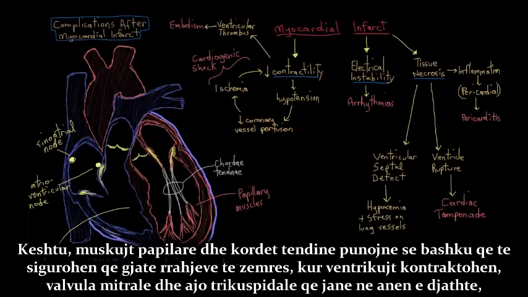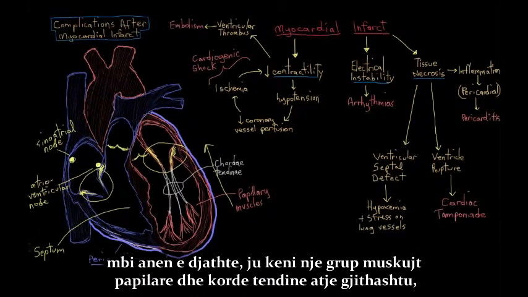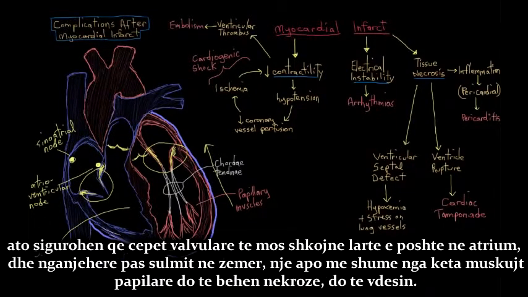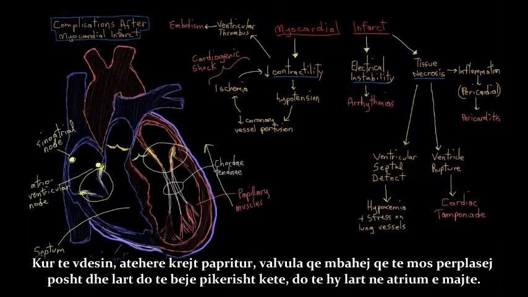And so the papillary muscles and the chordae tendineae work together to make sure that during a heartbeat, when your ventricles contract, your mitral valve and your tricuspid valve over on the right side, you have a set of papillary muscles and chordae tendineae over there as well, they make sure that the cusps of your valves don't invert up into the atria. And so sometimes after a heart attack, one or more of these papillary muscles will become necrosed. It'll die off. And when it dies off, all of a sudden now the valve flap that it was holding onto can invert. It can go up into the left atrium.